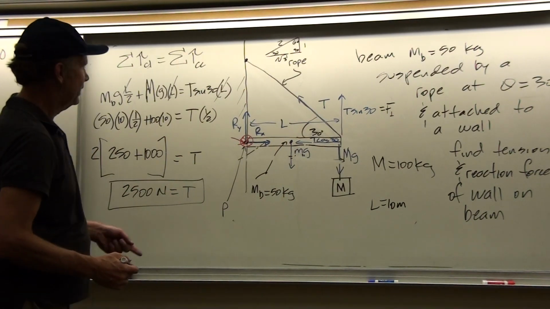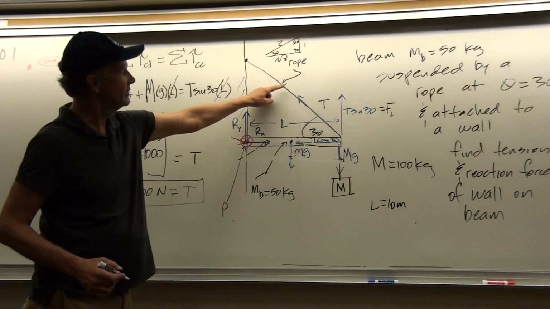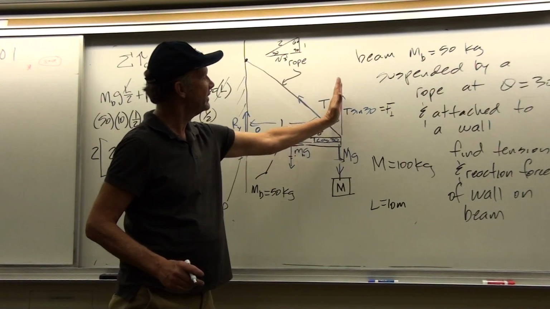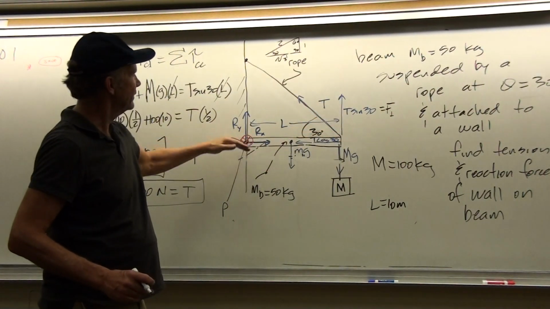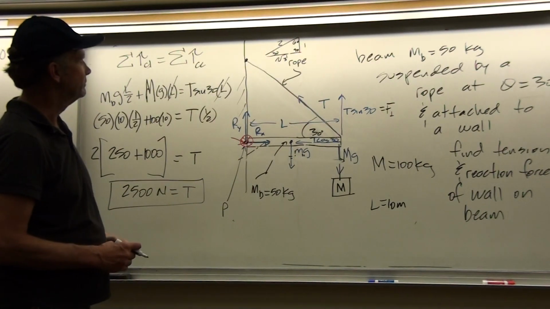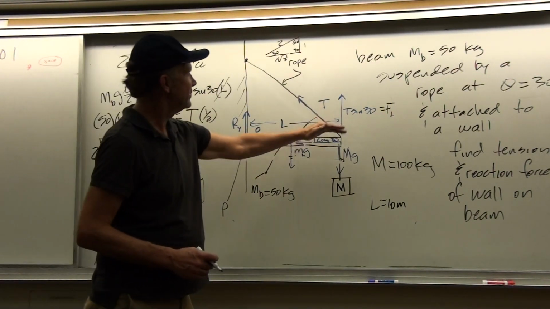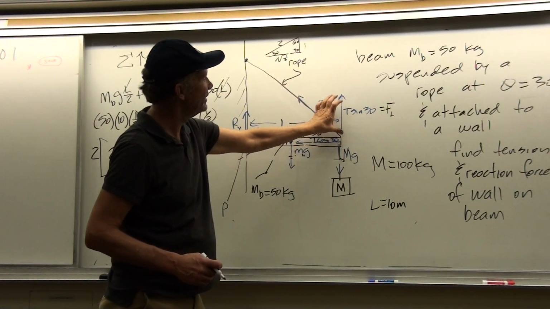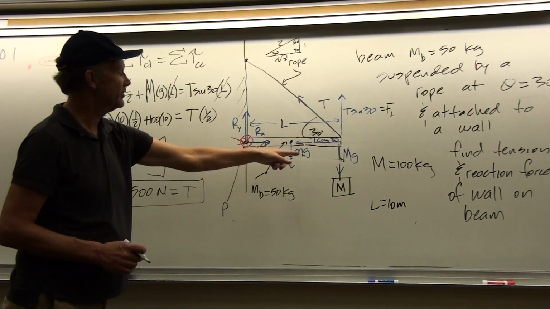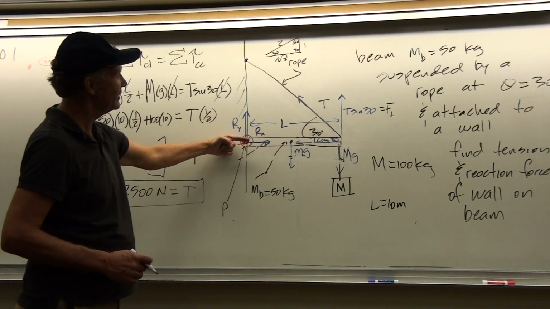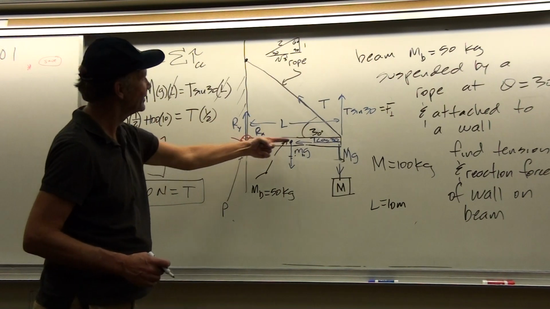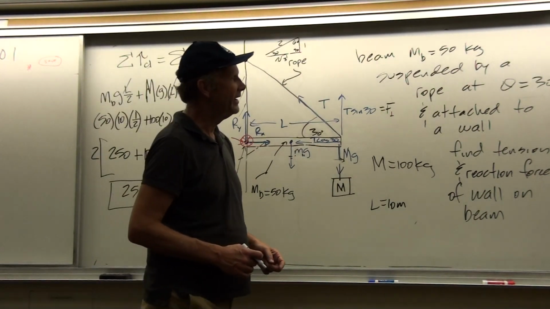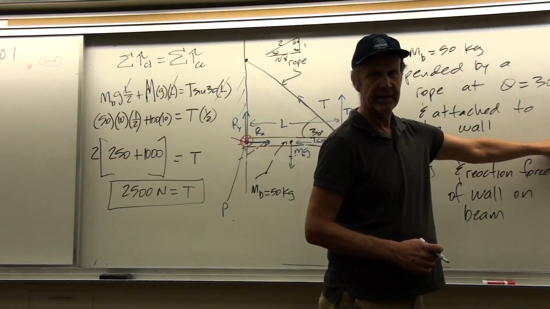Okay, so that sounds like an awful lot of newtons, 2,500. But remember that it's the vertical component of the tension that supports this thing against the weight. Since this is tipped at such an angle of 30 degrees, only half of the tension is oriented vertically, and the other half is going to help smash this beam into the wall, and it's going to have to be opposed by Rx. So that's step 1: get the torque, and from that get the tension.